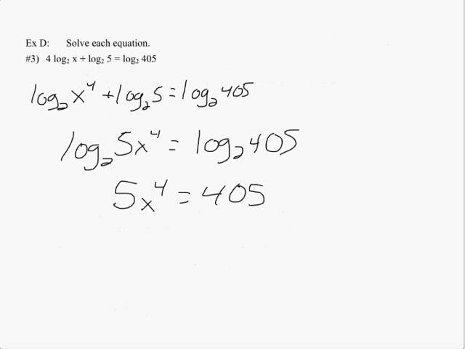To solve this equation, you're just using algebra. Divide both sides by 5. You get x to the 4th equals 81. Then to get x by itself, you do the 4th root of both sides. When you do the 4th root, anytime you do an even root, it's supposed to be plus or minus. What is the 4th root of 81? 3. However, the answer is not plus or minus 3. If we go back